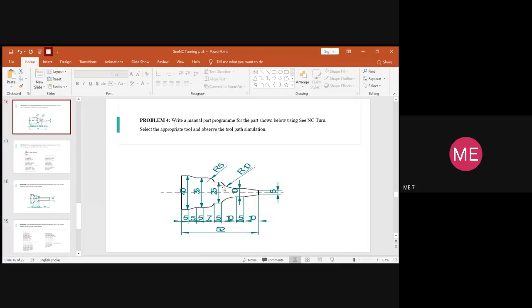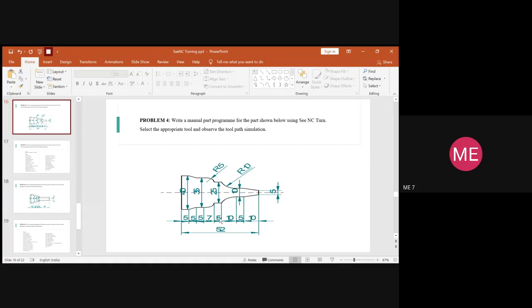So now we are here. At this point, we have completed the circular interpolation. Then again, it has to go linearly from this point to this. But the X value remains the same. So X will be the same, right? And the Z will vary.